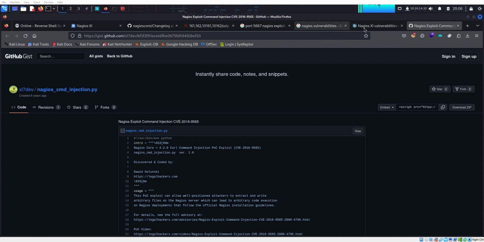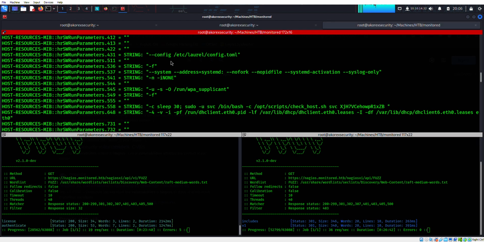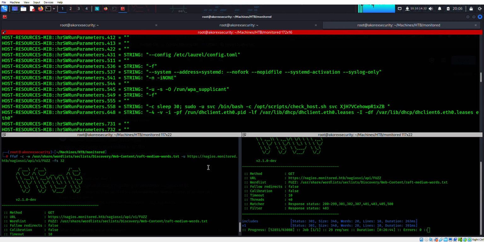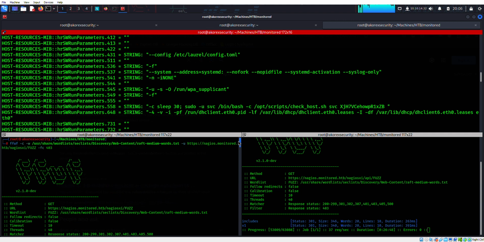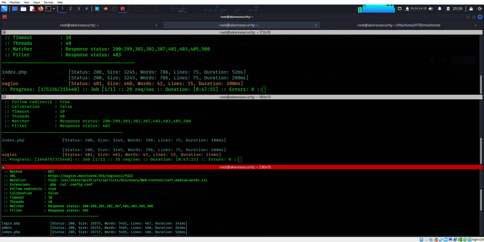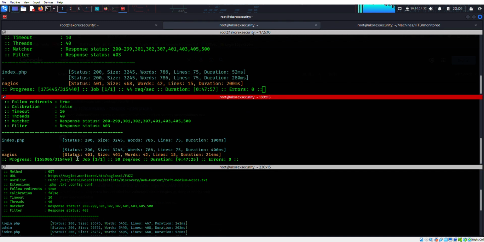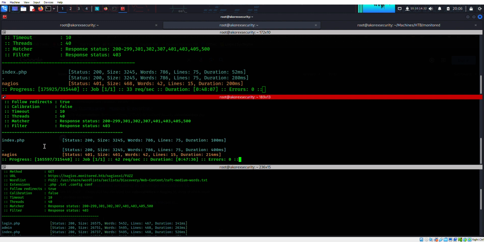So okay, let's see. So earlier on, let's see, was it this? Yeah, so here it says we're unable to access this because it requires authentication. So let's see if we can go to this